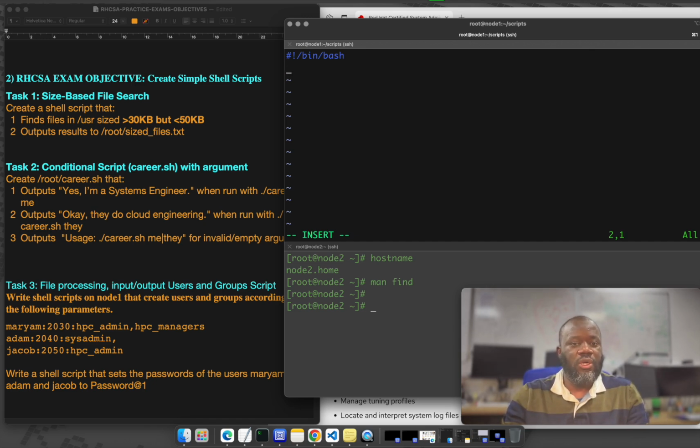So for user in, we have a list already. They've given us a list: Mariam, Adam, Jacob. Loop through this list. For each, I want you to do this: echo the password. What's the password? We can put this in quotes, but let's say password@1, echo this,